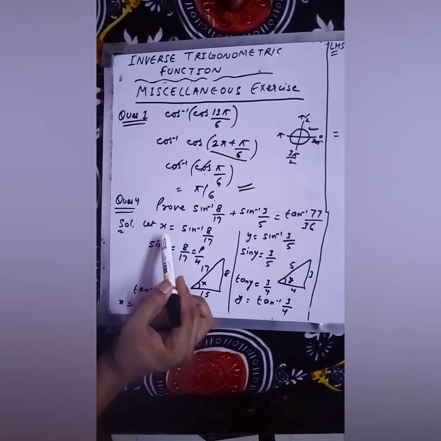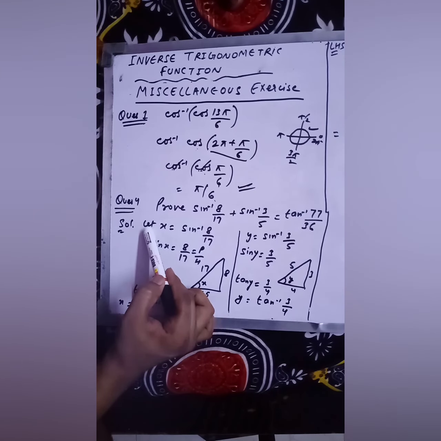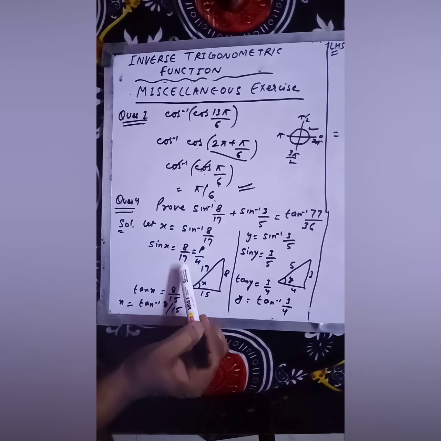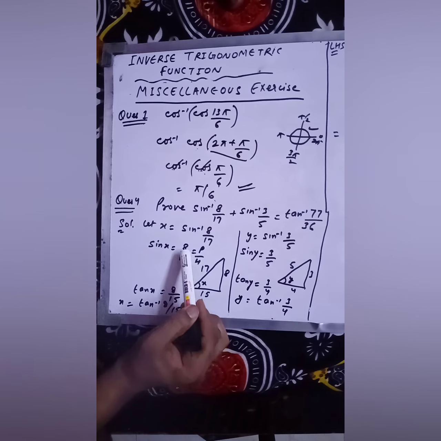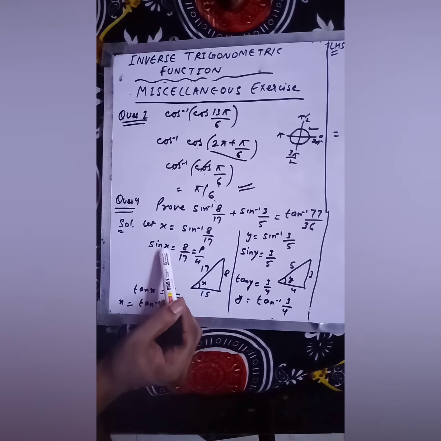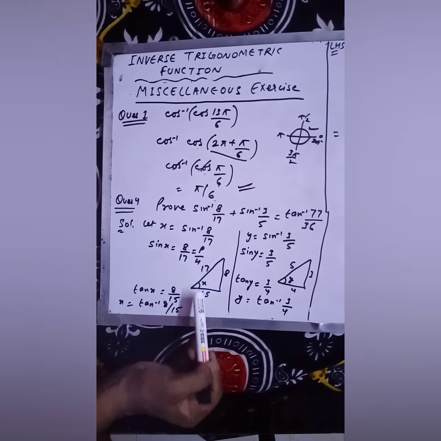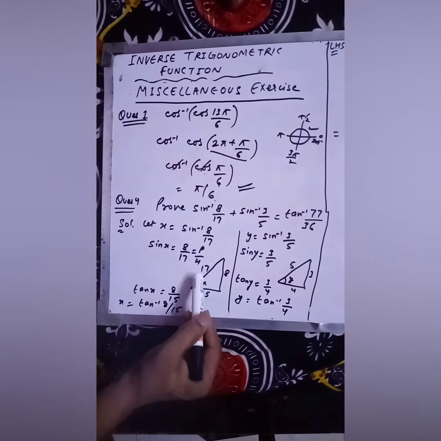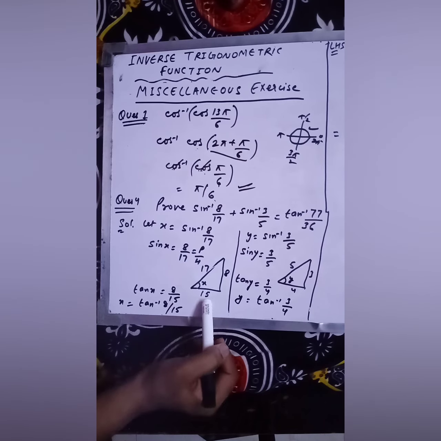Okay, see what I am doing here. In the first part, sine inverse will come on the left hand side, so it would be sine x equals 8 by 17. The formula of sine is p by h, which you have done in 10th standard. Your perpendicular is 8, your hypotenuse is 17. So you have to draw a right angle triangle, with angle x. This is your perpendicular and this is your hypotenuse, 8 and 17. When you apply Pythagoras theorem here, you will get 15.